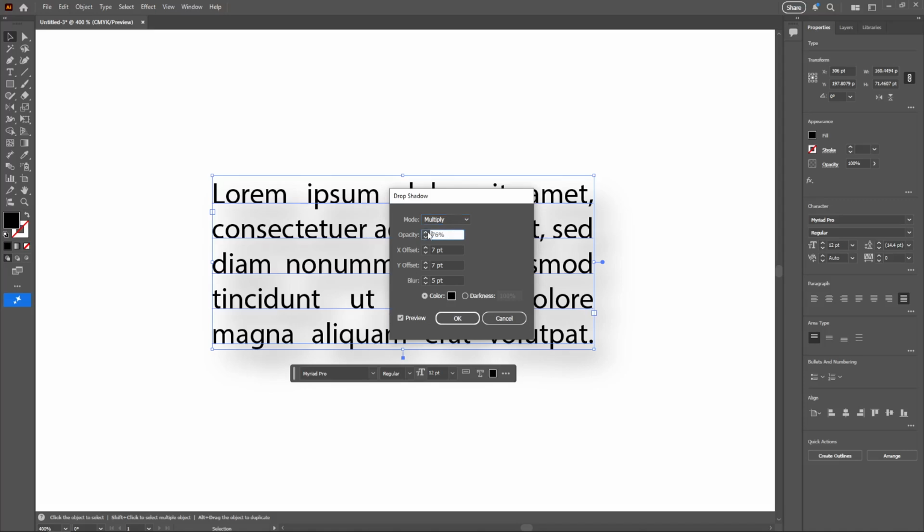Now, let's go over these settings. First up is the mode. A common choice is Multiply, as it tends to blend the shadow nicely with most backgrounds. Then, you have the Opacity setting. This controls how transparent your shadow will be, so slide it around until you find the perfect balance that complements